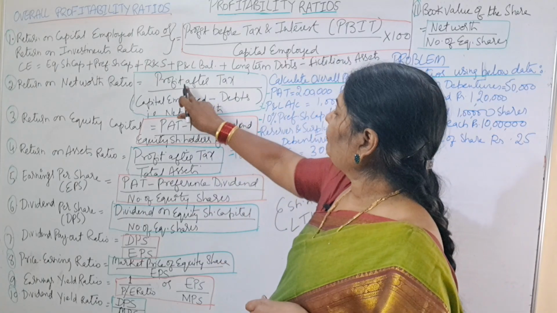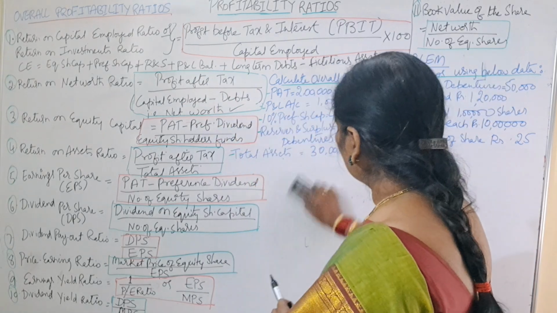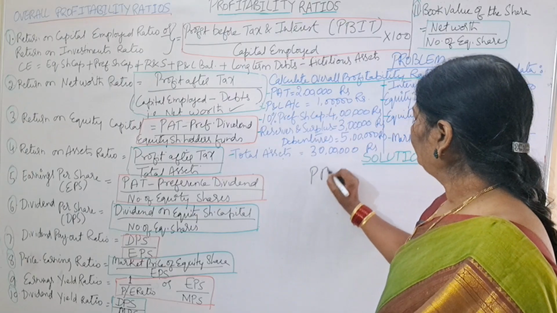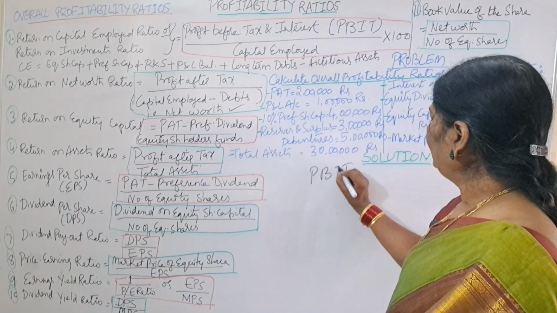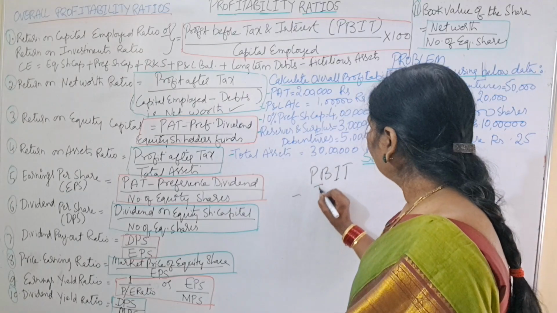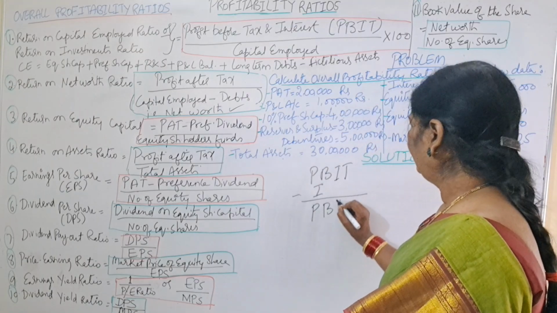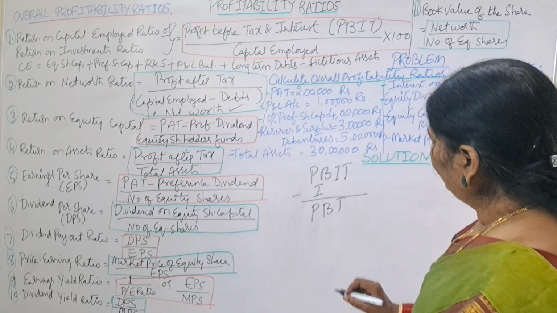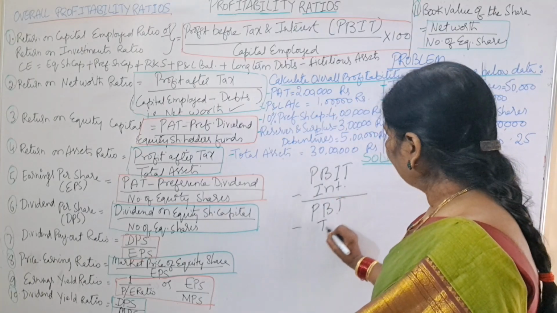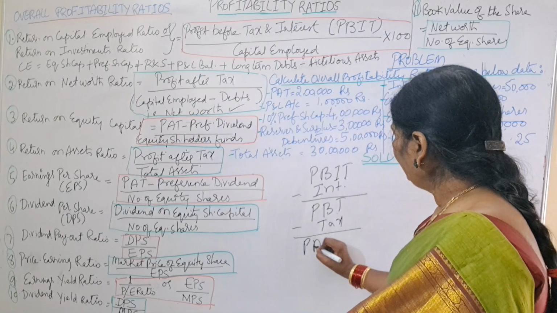So what's the formula? Profit after tax by net worth. I will explain what PBIT is and what PAT is. PBIT means profit before interest and tax. From this, if you deduct interest, it becomes PBT, profit before tax. From this, if you deduct tax, you will get PAT,